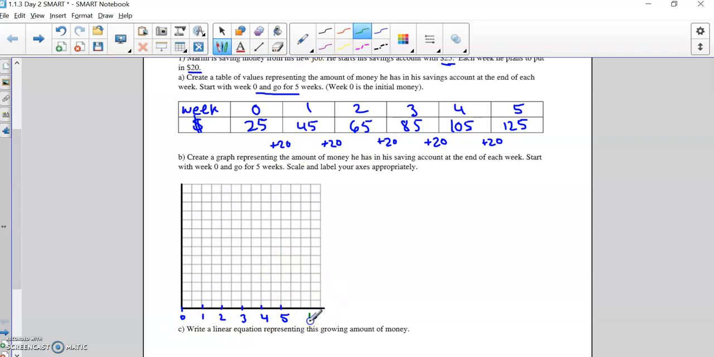Don't forget to label your axes to let us know that we're talking about weeks here. So my other side is going to be the money. So the thing is, we have to fit all the way up to 125 here. So we can't go up by ones, right? Because there's definitely not 125 boxes. So my suggestion would be to go up by 10. Okay, so we can start with 0,